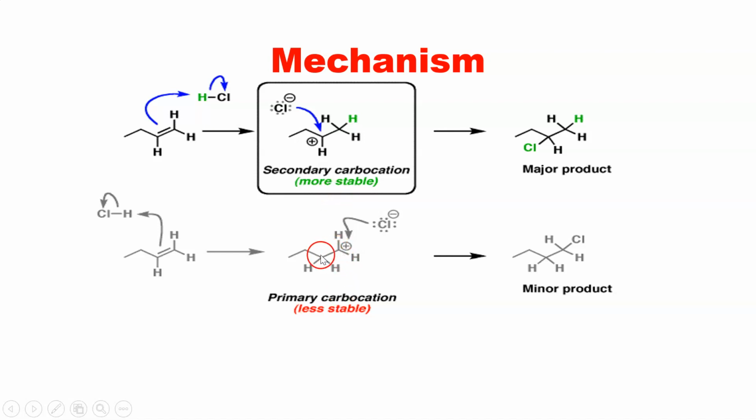Because it has only one attached carbon, that is why it is primary, and the remaining part has two hydrogens. But in this secondary carbocation, both ends have a carbon, and one end has a hydrogen. If it was again a carbon over here, it might be tertiary, but here it has a hydrogen, so it is a secondary carbocation. As we know, tertiary carbocations are more stable than secondary and then primary. So primary carbocations are less stable, and that is why we get a minor product, but the major product is often from the secondary carbocation.